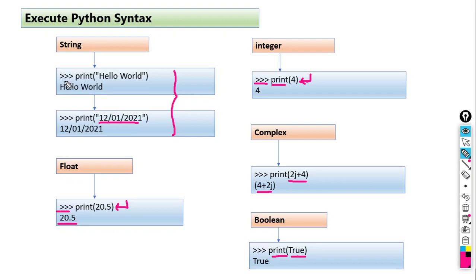When you execute Python, you will get the Python prompt, and each and every statement you should write after the Python prompt. Okay, so these are the basic data types and how we can print strings and numerals with the help of the print statement. Let us see another example.